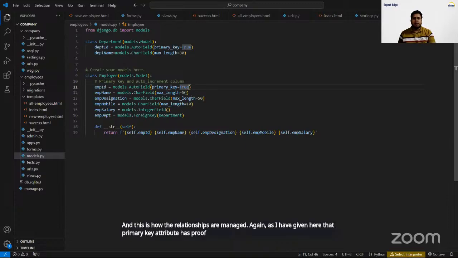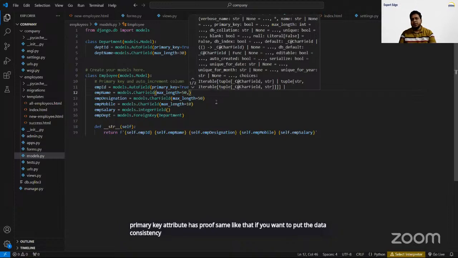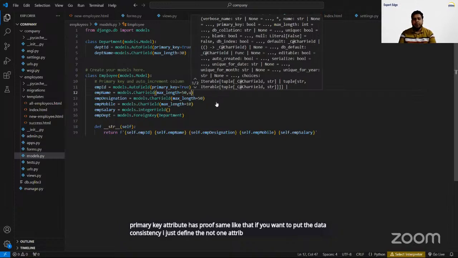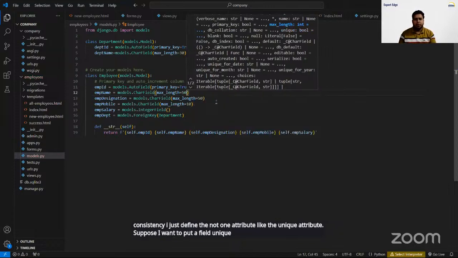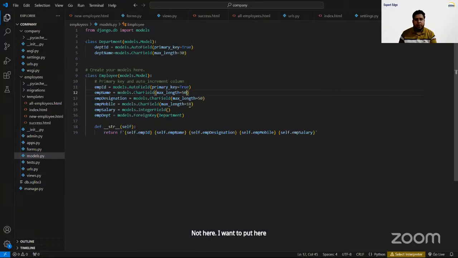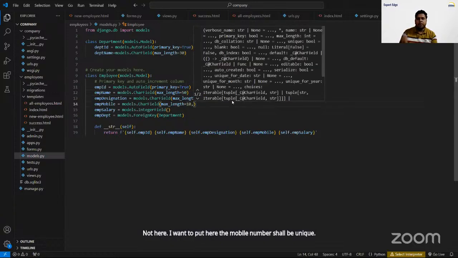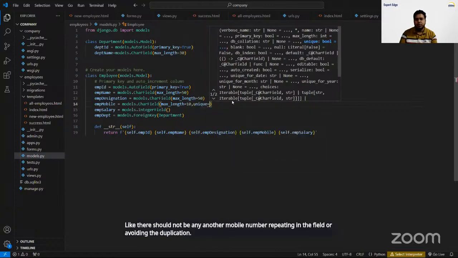Same like that, if you want to enforce data consistency, I can define the unique attribute. Suppose I want to make the mobile number field unique, so that there should not be any other mobile number repeating in the field, avoiding duplication. So I will just put